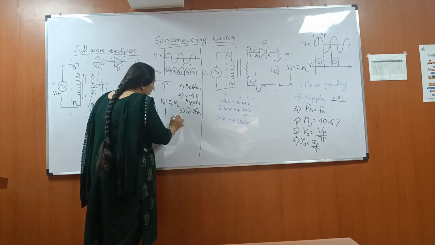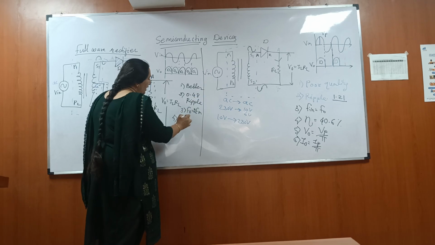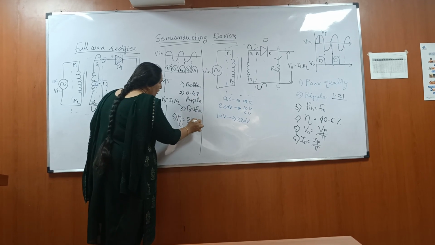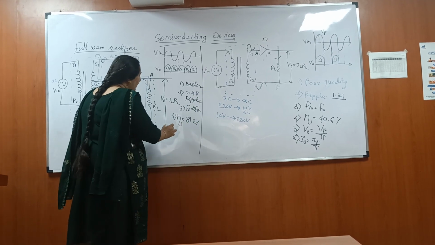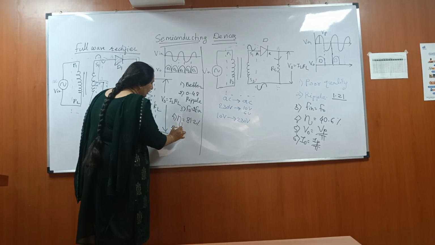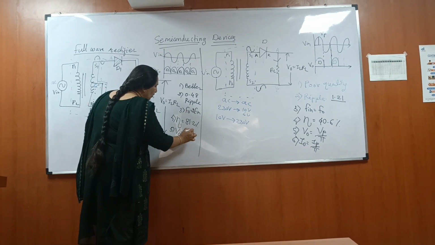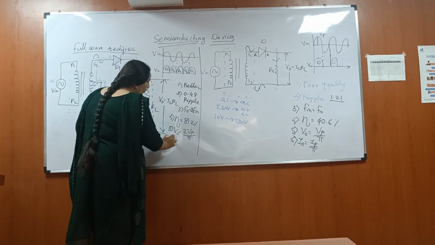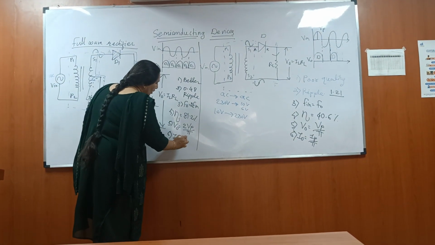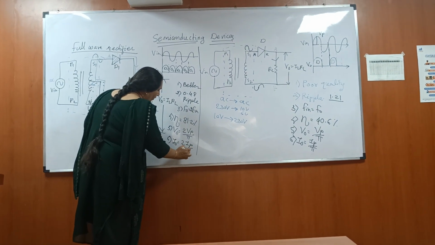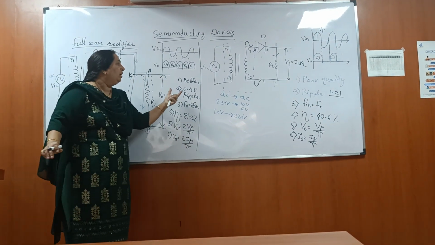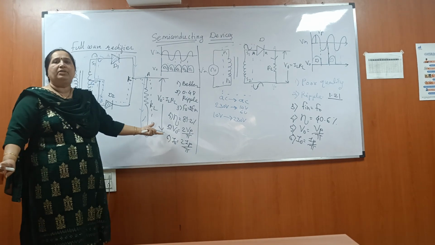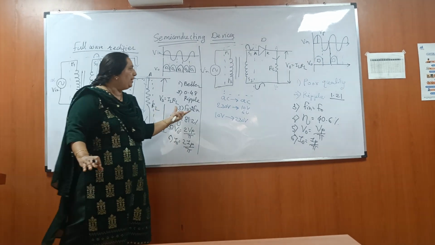Then the efficiency is twice, so 81.2%. Then the output voltage is equal to 2 times Vp upon pi. Then the output current is equal to 2 times Ip upon pi. These are the parameters of the full-wave rectifier. If we compare this and this